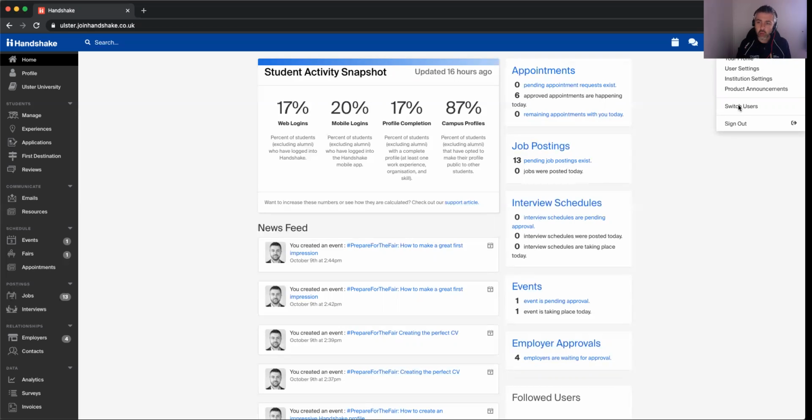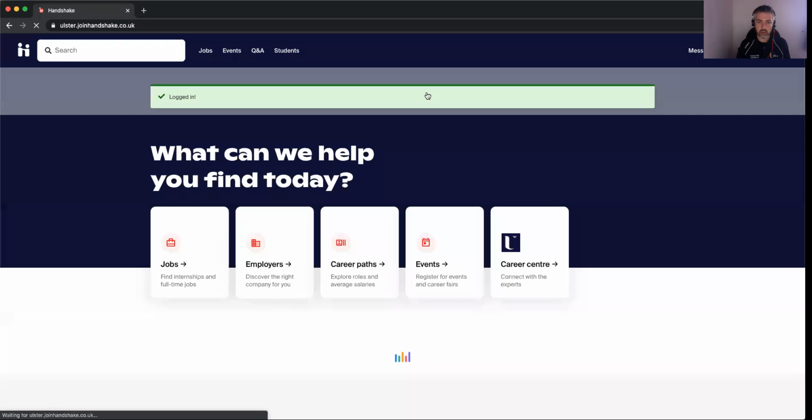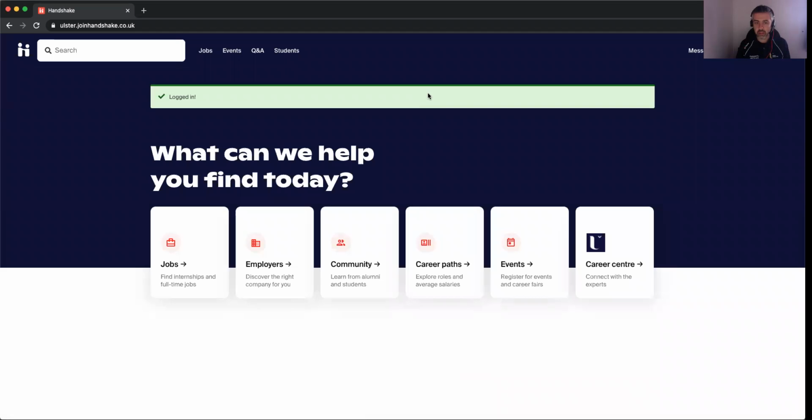One of the things you will do, though, is use switch user, and that is where you can switch over to become a student. To do that, you'll need to create your own student account. Remember, don't make it public, otherwise employers can connect to you and see you as a prospective employee. I'll show you that very briefly here. So I just hit switch user, switch to student account, and that's it. Now I'm in